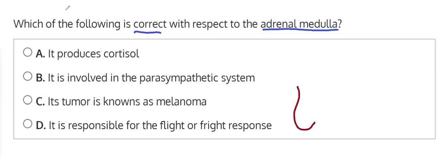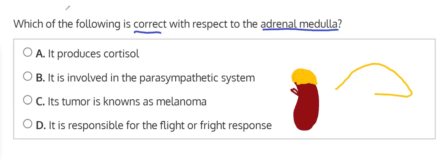So you have one kidney here, and then you also have a second kidney on the other side, but we're just drawing for this side right now. And so this would be your kidney, and then on top you would have your adrenal gland sitting kind of like a hat on top of the kidney, and that would be your adrenal gland, which is responsible for different hormones. Now, if we were to take this adrenal gland and we kind of sliced it so you could see the inside of it, let's just leave it here just so you can see,